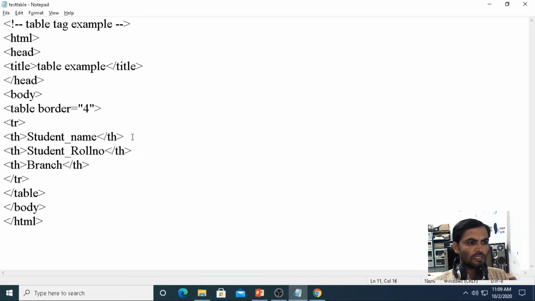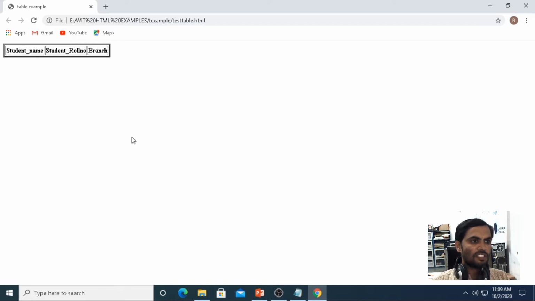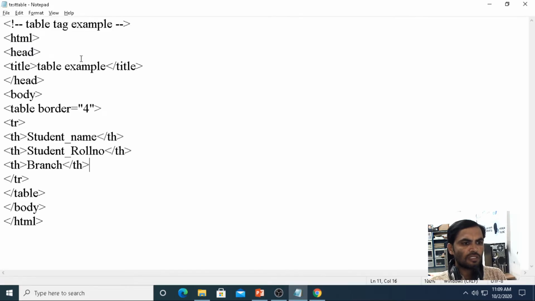Control S, alt tab, press F5. See here, under the single row we have created 3 columns. This is the first row we have created.